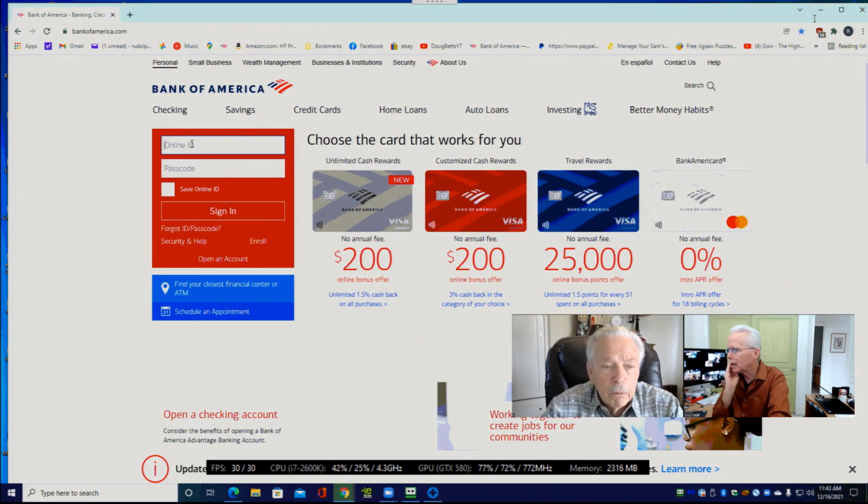And now, I don't see a RoboForm icon on the right side. Wait till I put my information in. All right. Nope, it didn't do it.